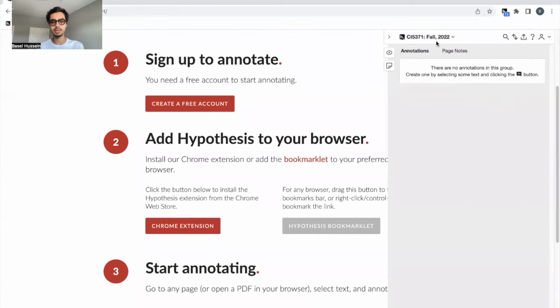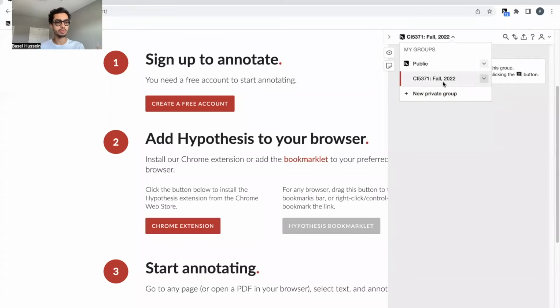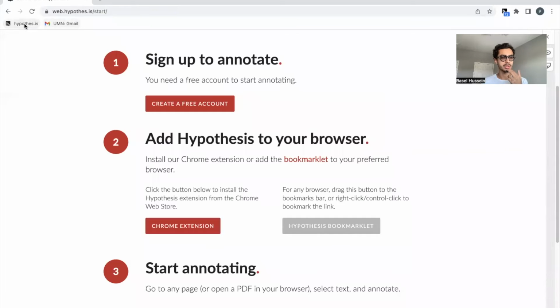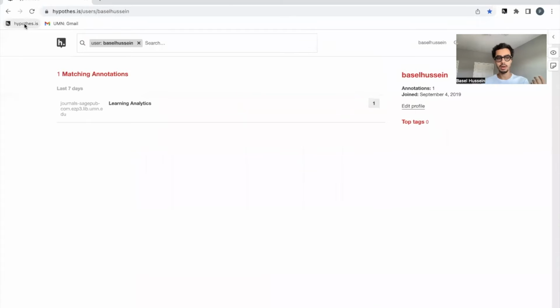This is where you can see the groups you're a part of. The invite to this group is linked in our Canvas page, and please make sure that you are in the right group when annotating. So for example, Hypothesis looks like this for me when I click on it, and I've created an account and it knows that I'm Basil Hussein as a user. I've already linked to the first document we'll be reading together,